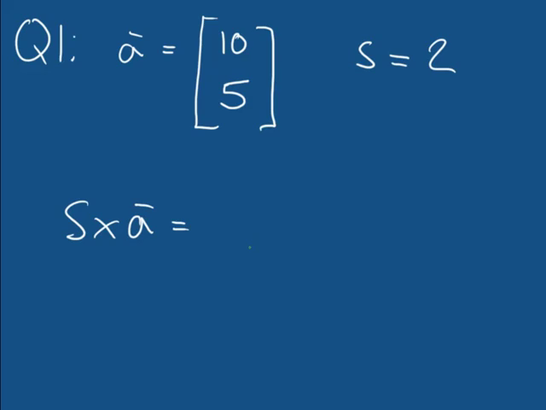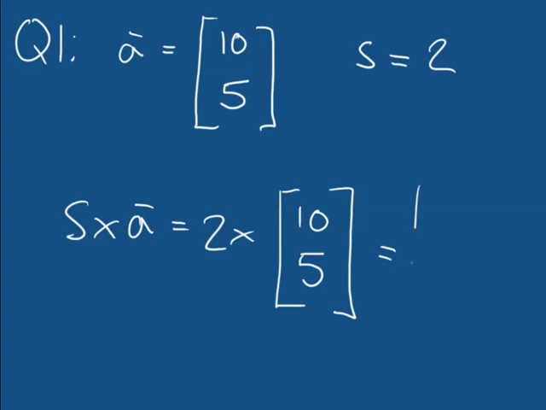Okay, welcome back everyone. So it is a very, very simple question. There's nothing complicated that we've seen really in this video, especially in terms of components. But just to make sure that you did understand everything fully in the video, hopefully you've gone off and answered this question. And what you should have come up with is that s times a is equal to 2 times the vector 10, 5,